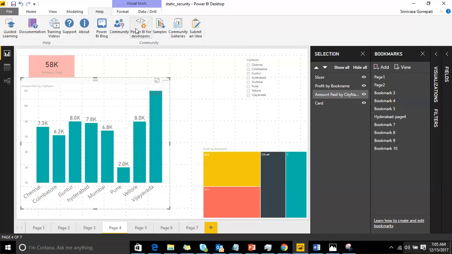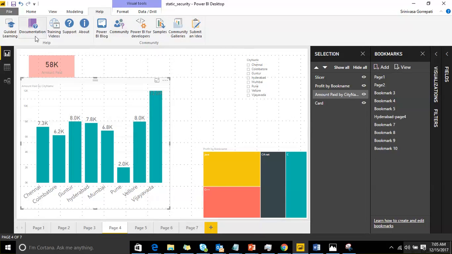Community, as I said, blog, as I said. So these are all web references which will help you use the different resources. It's not something you need to logically think through and develop. These are all web links of the Power BI site. They are categorized and given as different hyperlinks. So based on your requirement, you can go there, check and take help from them. That is what the Help tab option is.